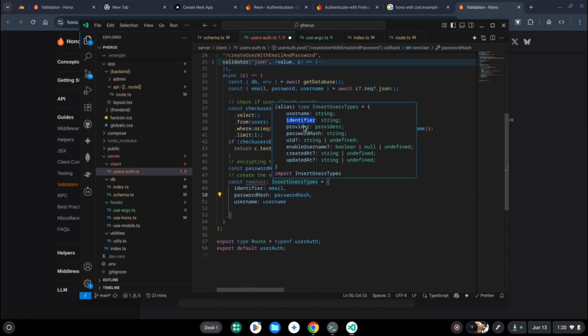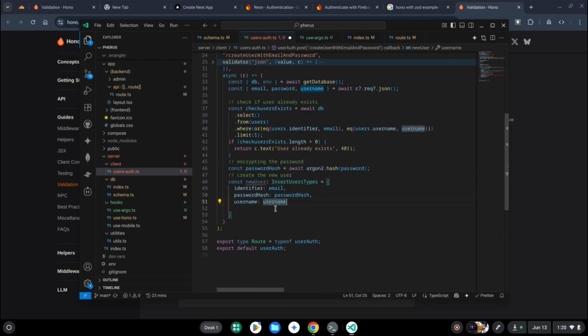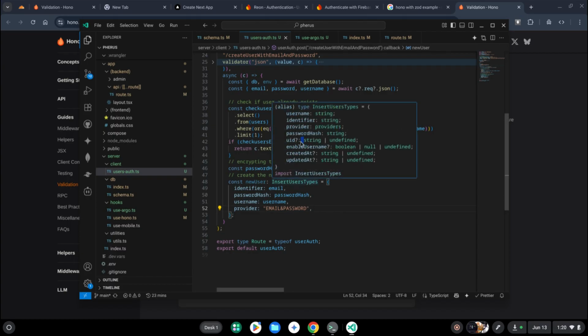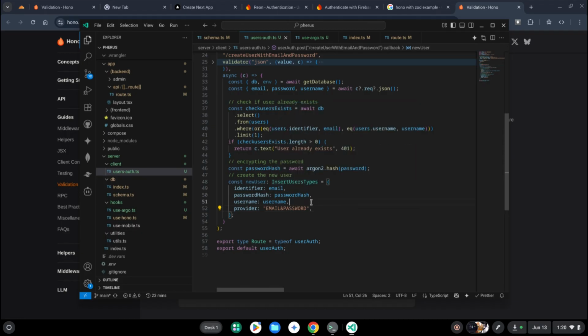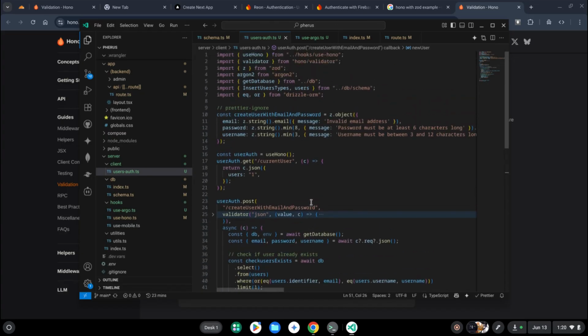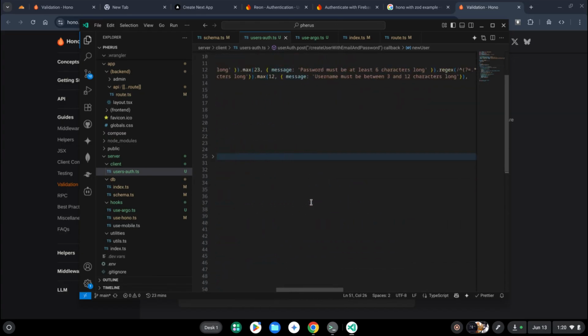Username, identifier done, provider. The provider is obviously email, and password. Now we don't need to add these others since they're generated automatically for you, so there is really no need to use any of these, though it would be best for us to add